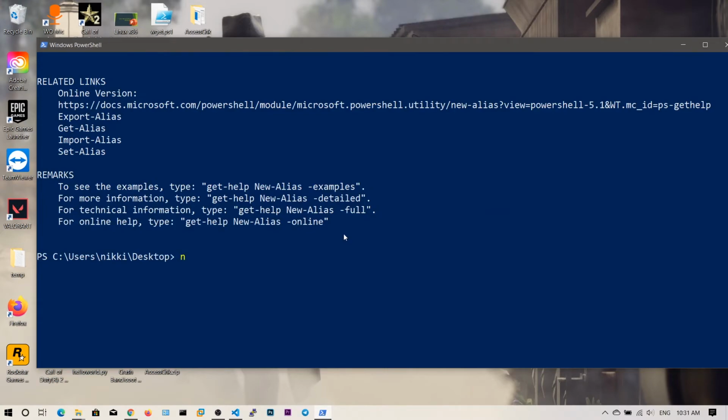So let's go ahead and create an alias, New-Alias, and you need to say the name, let's say Nikhil, and you need to say the value. This is the actual command that is going to execute whenever you type Nikhil. Let's say there is Get-Date. There is a command called Get-Date, which gives you the actual date and time information on the PowerShell console. So whenever I enter Nikhil and hit enter, you will get Get-Date, because this value has been executed. Now type enter.